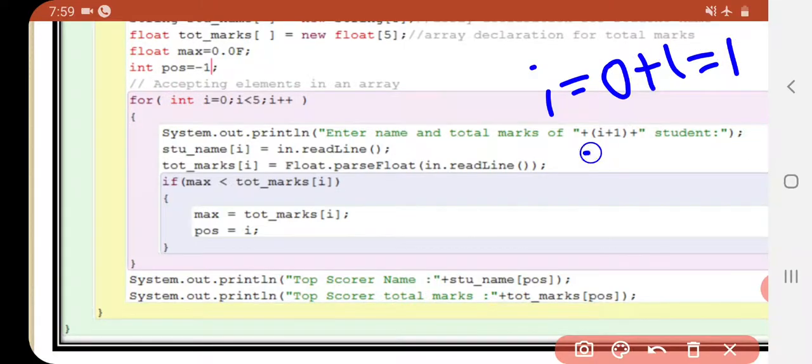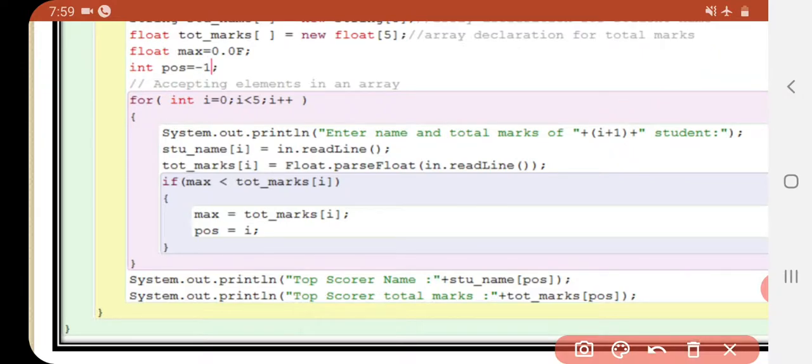In output, what are we getting? Enter name and total marks of first student. In this way, continuously you are getting counting also: first student, second student, third student, fourth student, fifth student.